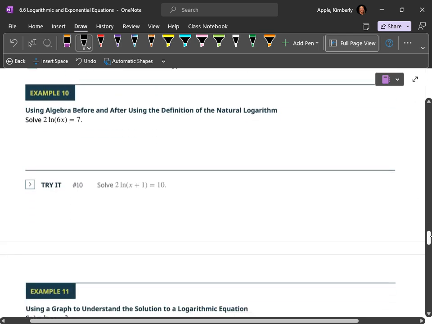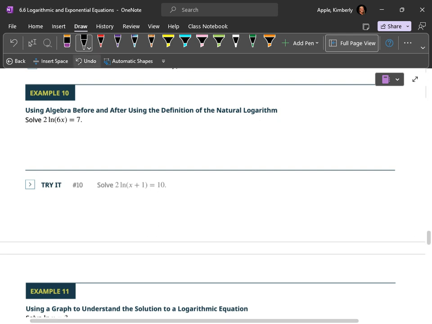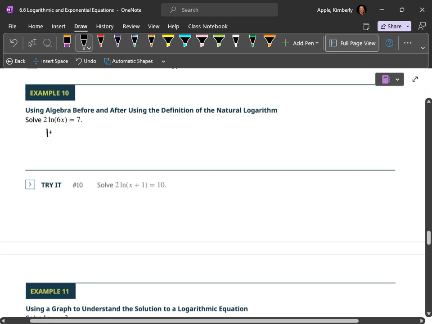Moving on to example 10. So again, using algebra, then the definition of the natural logarithm. So again, our goal is going to be the same. We're going to isolate the natural logarithm. And so that'll give me 7 over 2, dividing by 2 on both sides. And then we'll raise everything up as a power of e. And on the left, we'll obtain 6x equals e to the 7 over 2. And then dividing by 6, we'll obtain e to the 7 over 2 power divided by 6, which is approximately,